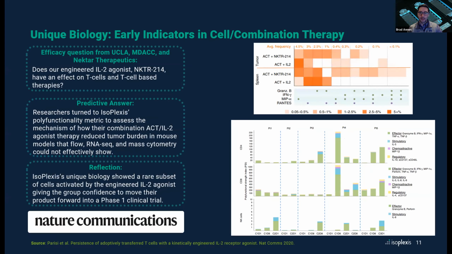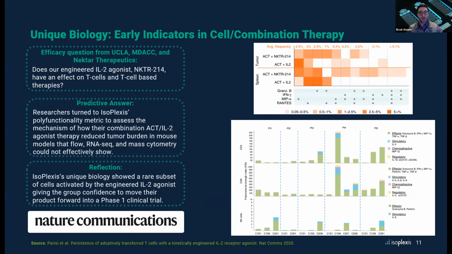One more case study to take a look at was in 2020 in Nature Communications. The Isoplexis technology was used and identified this blood-based biomarker, which predicted persistent response and progression-free survival at week 1, well before the radiographic evidence, which was over 8 weeks later. So just an example of really how you can get this predictive data 8 weeks sooner to allow you to